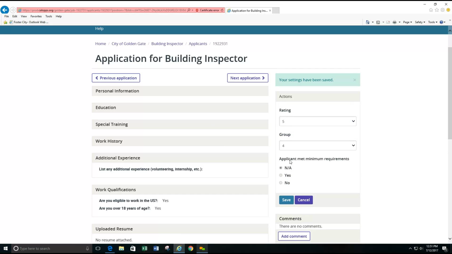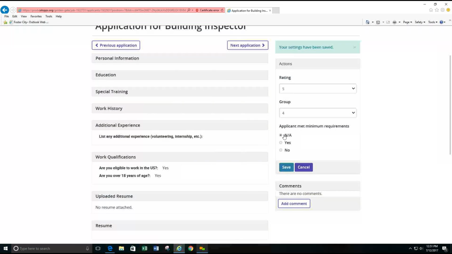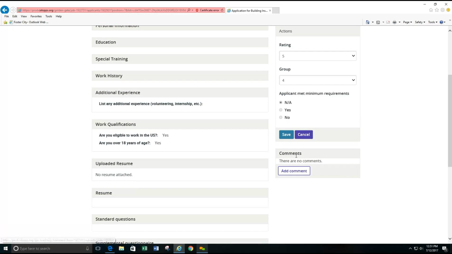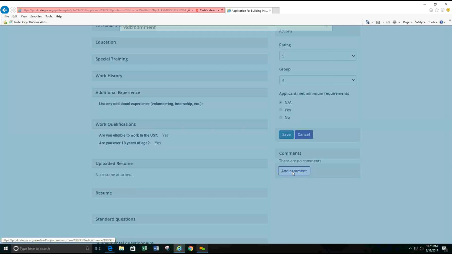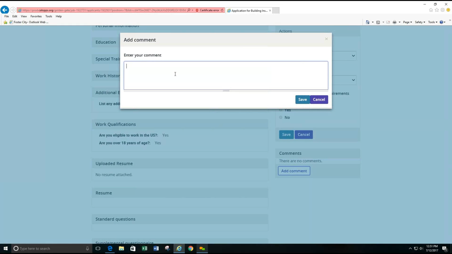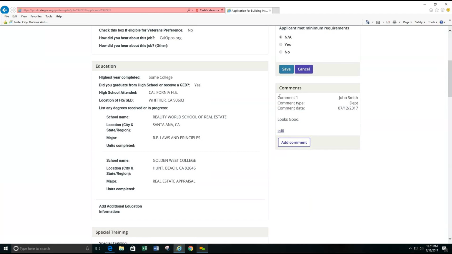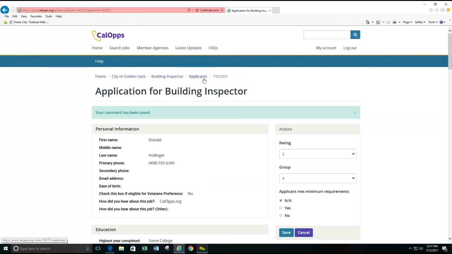You'll also notice that the minimum requirements, as I mentioned, this is only an HR function. I can't change or do anything here. And this is where I would add a comment. So I'd click on Add a Comment, and then just hit Save. And so here you can see the comment, and because I made the comment, I can also edit. So I can go back to the applicant view,